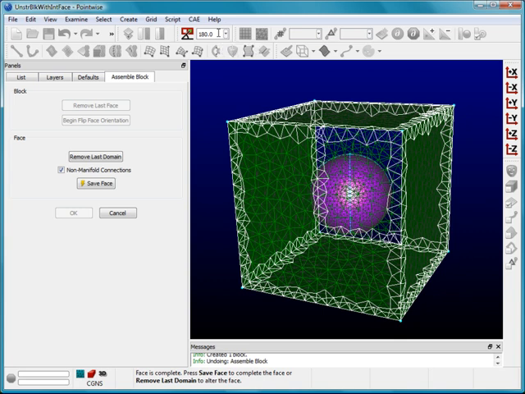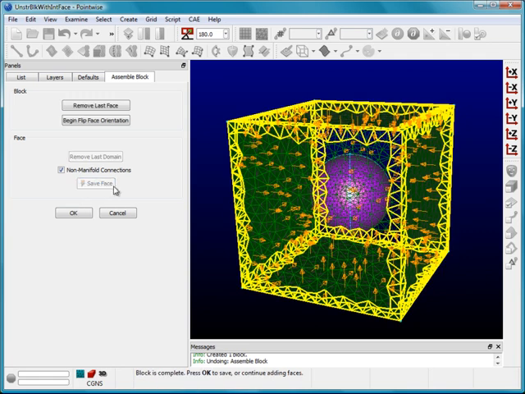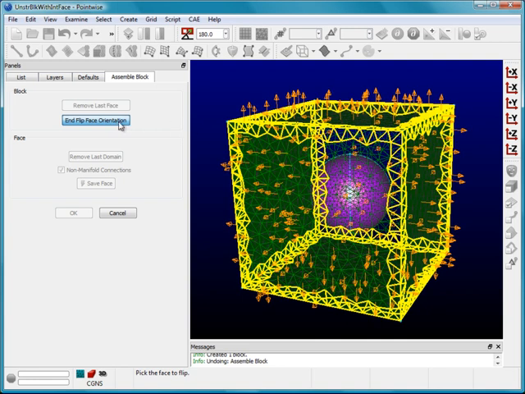Now that we are done defining the first face of the volume, click on Save Face. Make sure that the face normals are pointing into the volume to be meshed. For this example, our normals are pointing in the right direction. But if the face normals did not point into the volume to be meshed, we would click on Begin Flip Face Orientation. To flip the direction of the normals, click on the face, then End Flip Face Orientation. The normals are now pointing outside the cube. Let's undo what we just did